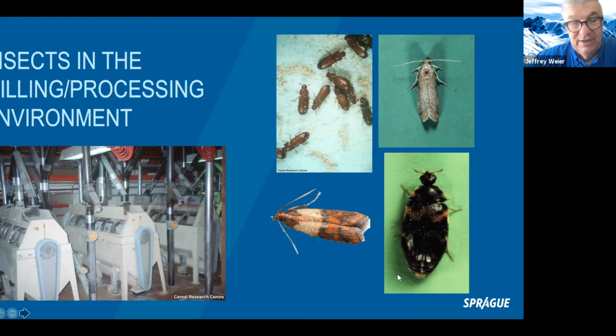And it can be a dangerous pest because its larvae are covered with hairs that can cause intestinal irritation and can cause illness in people that consume these accidentally. So this is the one stored product pest that can cause illness in a human. The other ones don't really cause any illness. They might be unpleasant if you know you're eating them, or if you don't know, they probably